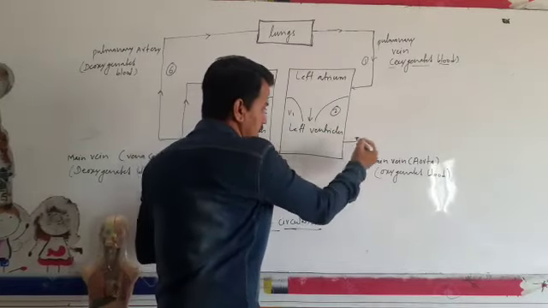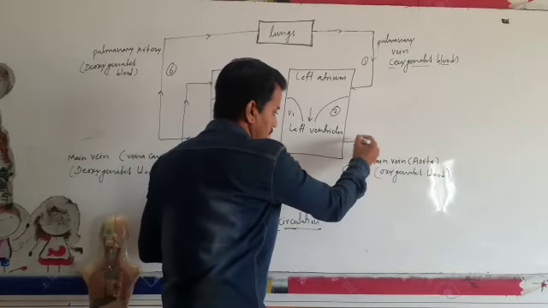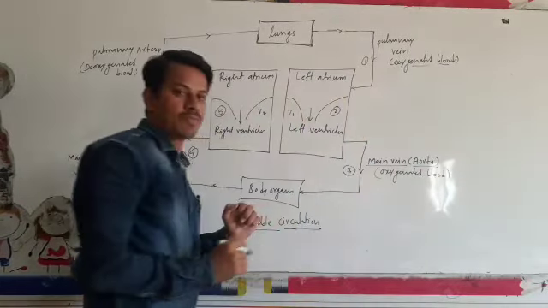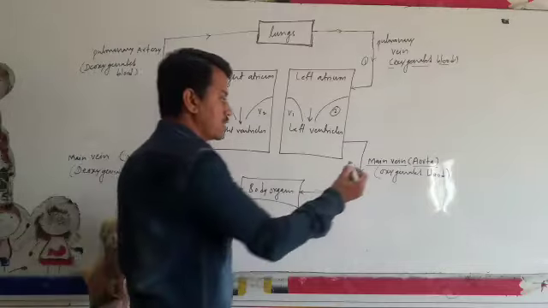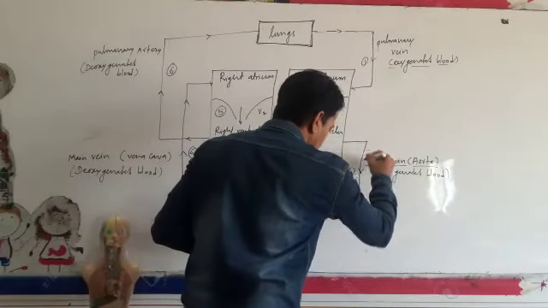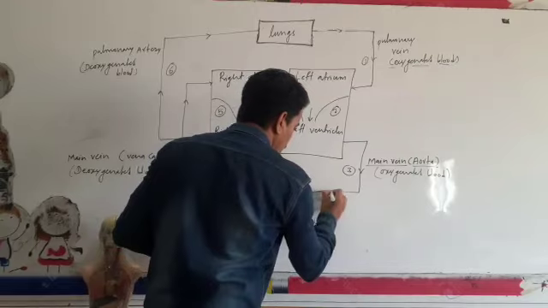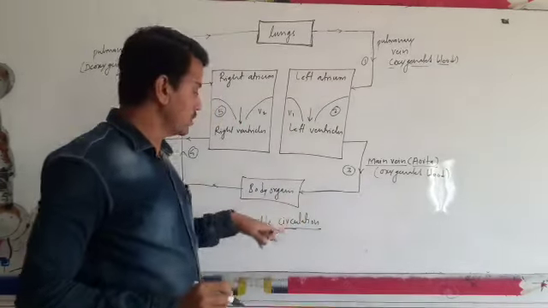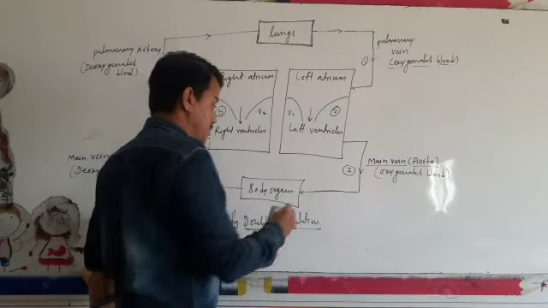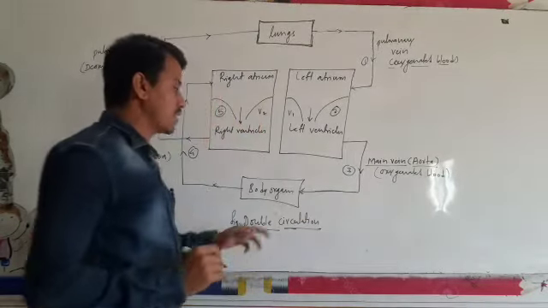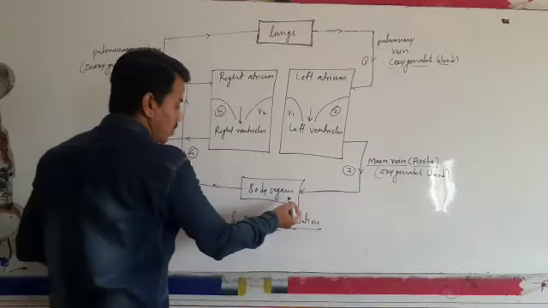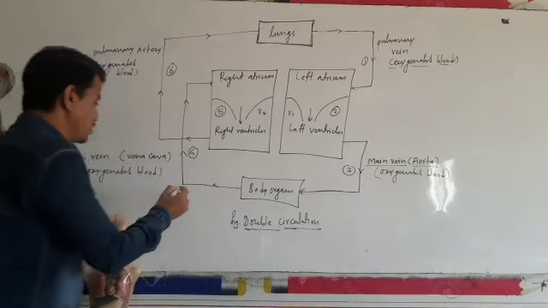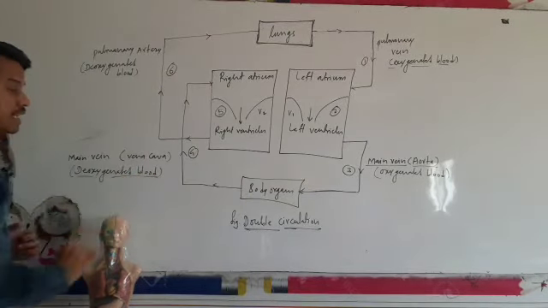Now from the left ventricle, the discharging chamber, through the main vessel called the aorta, oxygenated blood is released towards the body tissues, cells and organs for their respective metabolic activities. After the metabolic activities, they use the oxygen and release carbon dioxide, so we have deoxygenated blood.